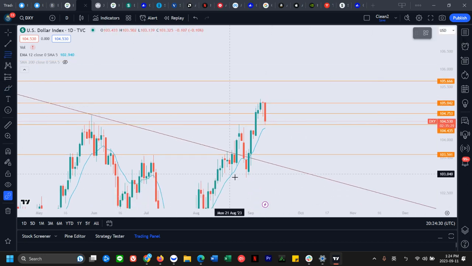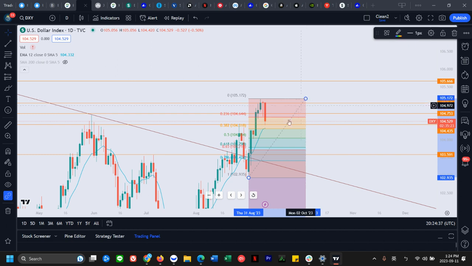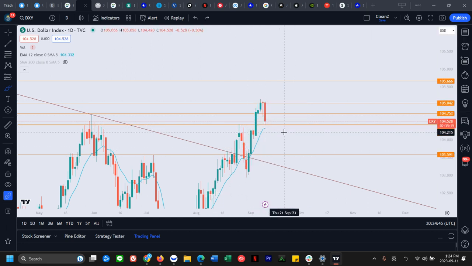Let's take a look if it's still a bull flag. It looks like we're close. Yeah, we're getting pretty close. So as long as it bounces at 0.382, 38.2% retracement of the initial move, it's still a bull flag. So we'll see how it bounces when we get there. And that level will also coincide with the 12 EMA at the same time, this teal looking line, the exponential moving average on the 12. So the more support and confluence of one area, more likely it's going to bounce. So we're watching that level as well.